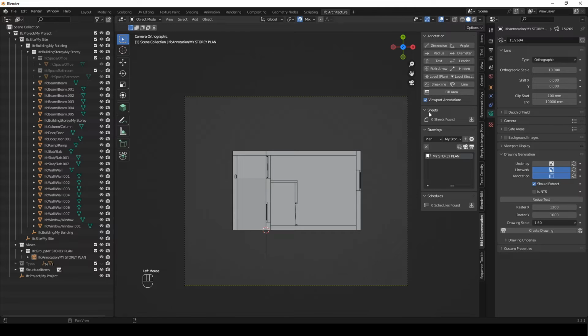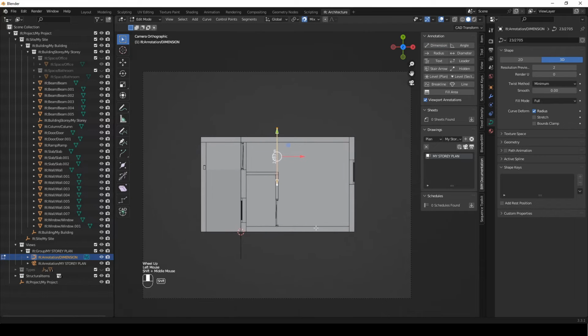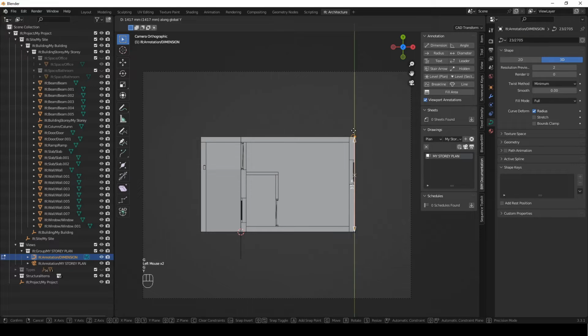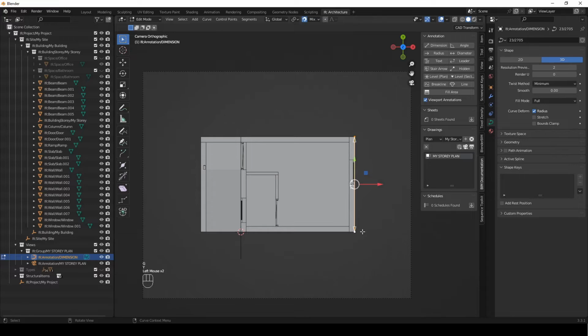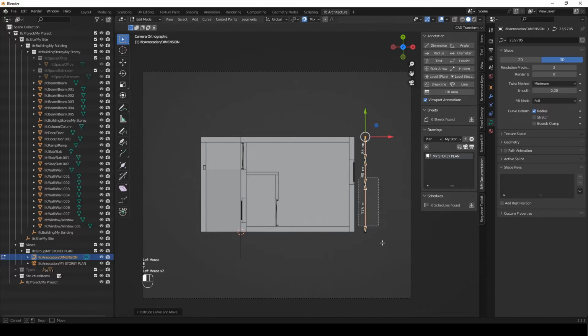This just lets us see all of these annotation elements, and we're going to start with the basics, which is the dimension line. You can see it spawned a little dimension line, which we're just going to snap to this edge and bring it out. So I'm just going to bring this out GX by 400, and then we're just going to do normal dimensioning. We're just going to press GY to move it, EY to extend, and I'm going to do my opening. I'm going to grab this and say Shift D, which duplicates, put in X and do it another 400, and